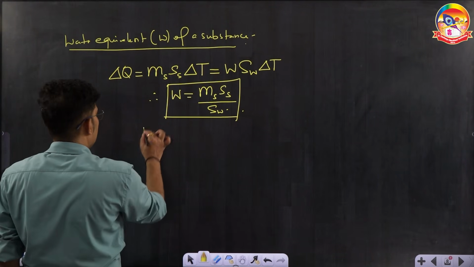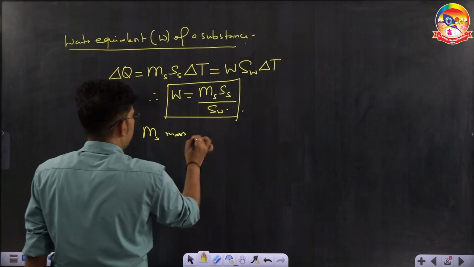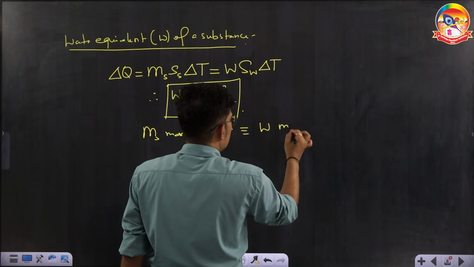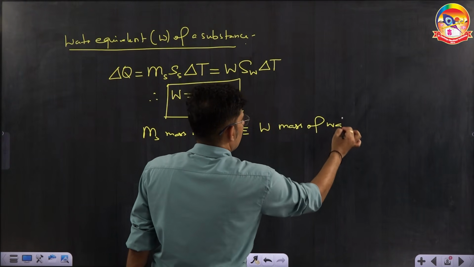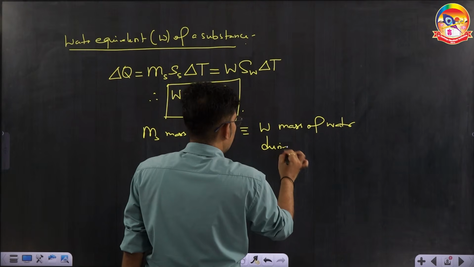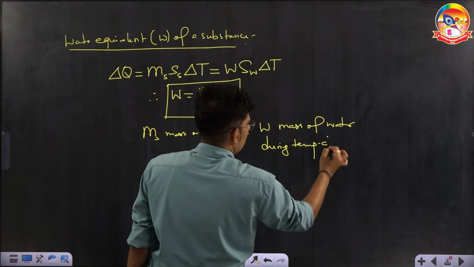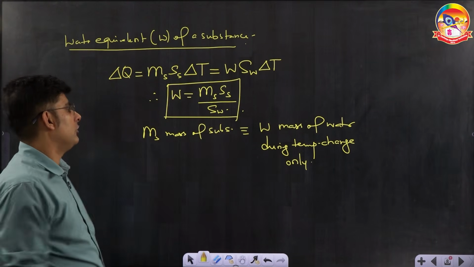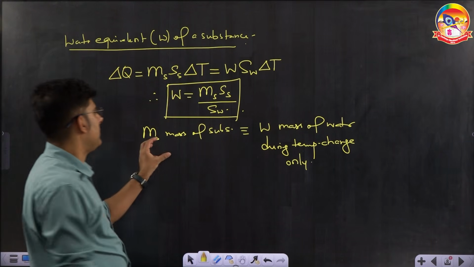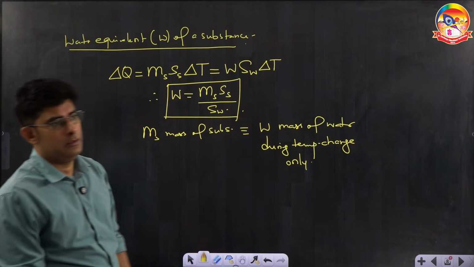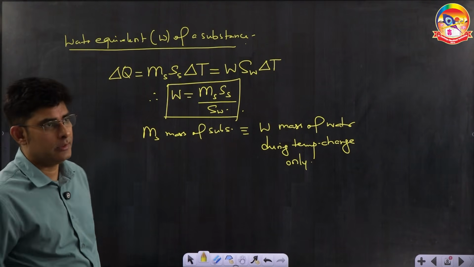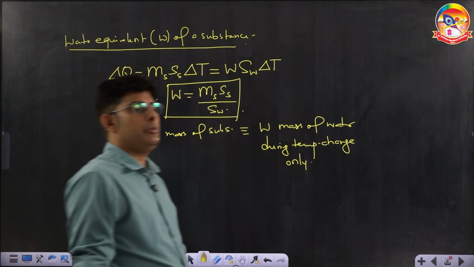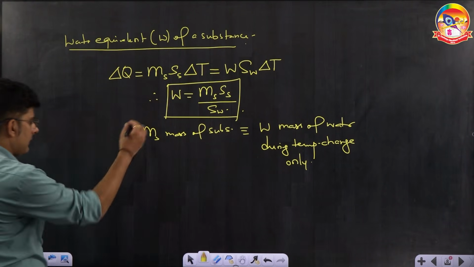So you basically replace that substance by W mass of water, but only during temperature change. M_S mass of substance is equivalent to W mass of water, but during temperature change only, not during state change. So if water equivalent is given, you can directly use this formula. Clear? Now one more important thing that we should be clear with, which is called the